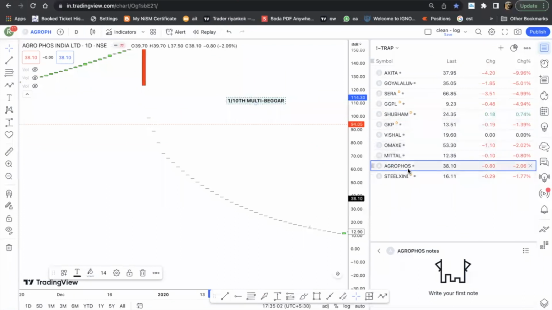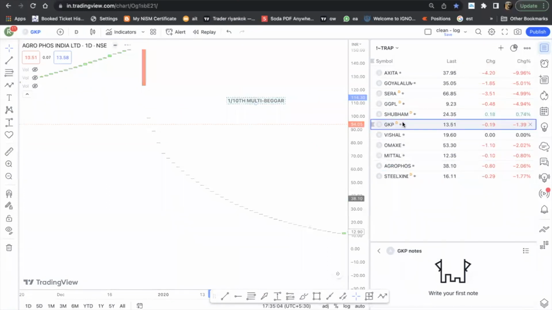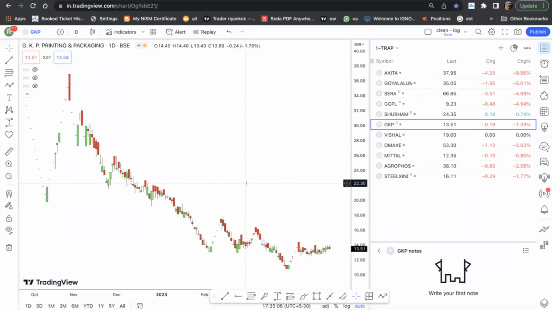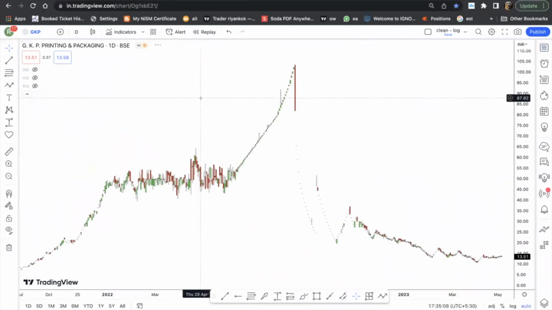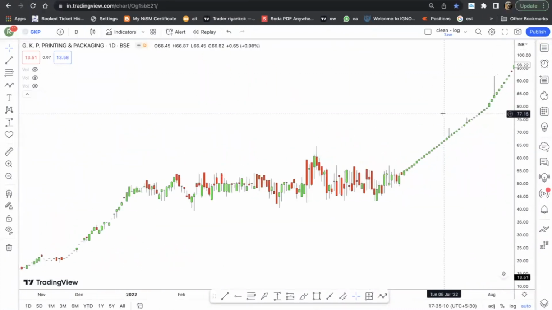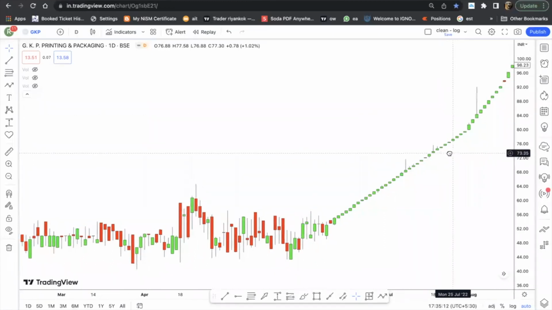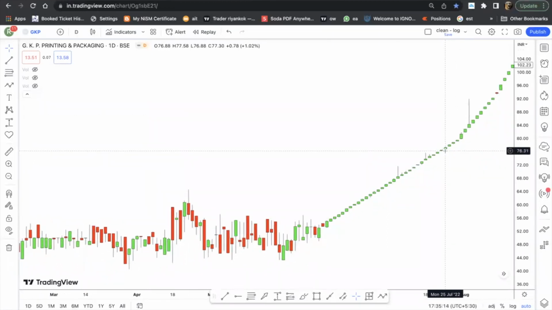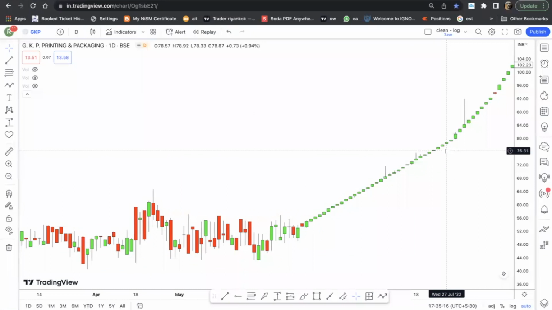Now let me take an example of very, very recent time, which was GKP Printing. Okay, so this was another company जिसका मैं आपको चार्ट दिखाता हूँ. This is like back in July 2022. Okay, so this is what was happening. You can very, very clearly see. अब तो यार ये देखते ही पता चल जाता है कि ये सीढ़ियां बन रही है, right? Stairs are being formed, and you just need to remember my one line that if a stock is ever going by stairs, it will come down by elevator.